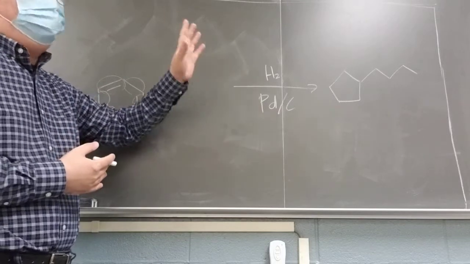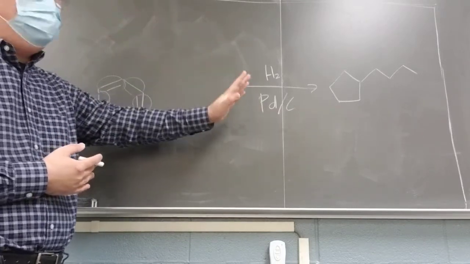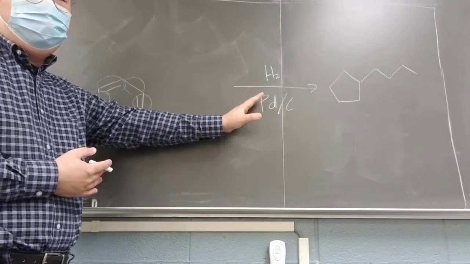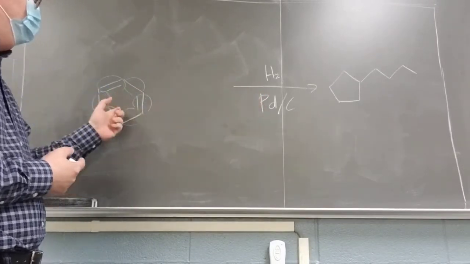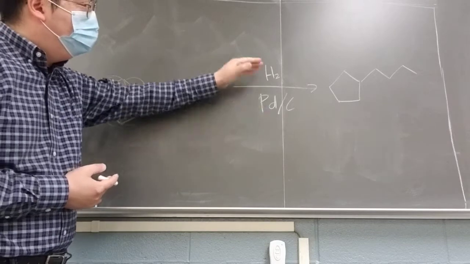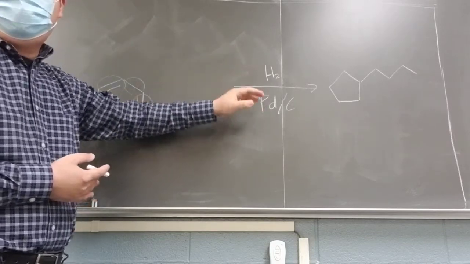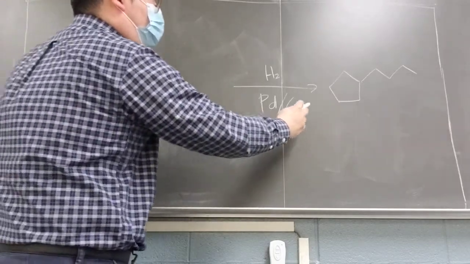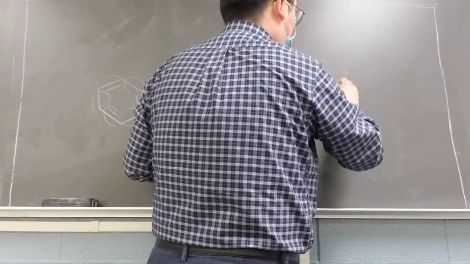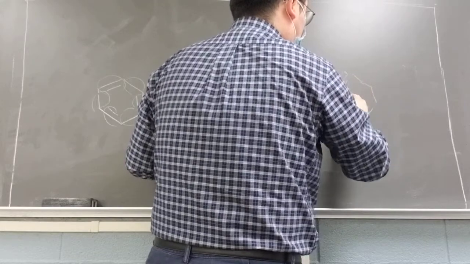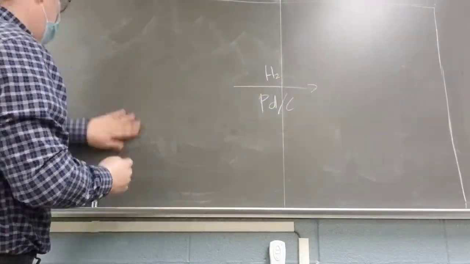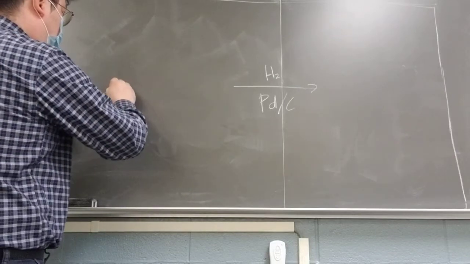Either you can use very high pressure and high temperature, or you can add, at room temperature, a special element, rhodium. Then you can reduce the benzene, but this regular, common palladium charcoal way is impossible. So if your benzene goes in here, it just stays the same. Okay? Nothing happens. Okay? And then one more thing is if you have